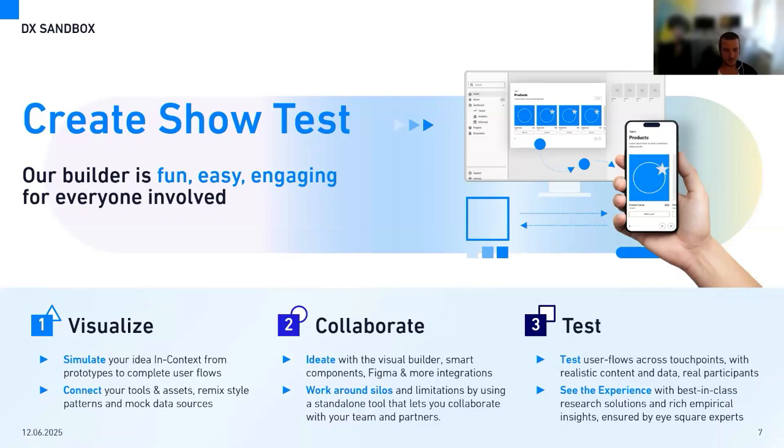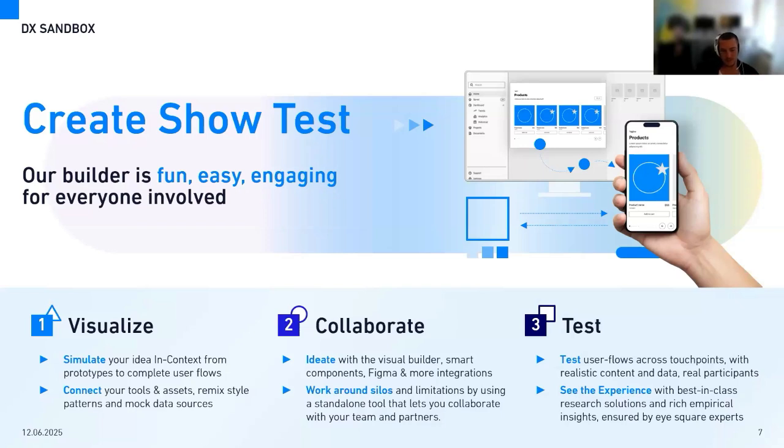new things to that. And also another important aspect is that it's a standalone tool or a standalone platform. So rather than being tied to a specific silo, you can simply invite your team members and start working together. So this helps to break down some of the usual barriers that often occur, and supports a more iterative